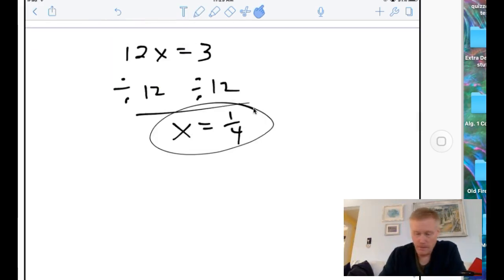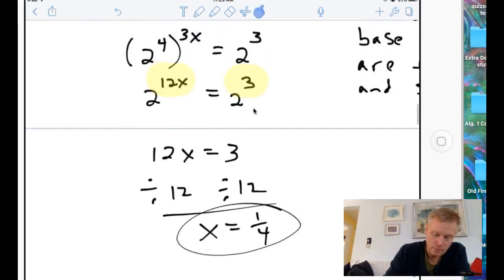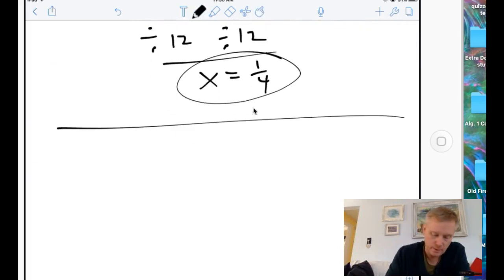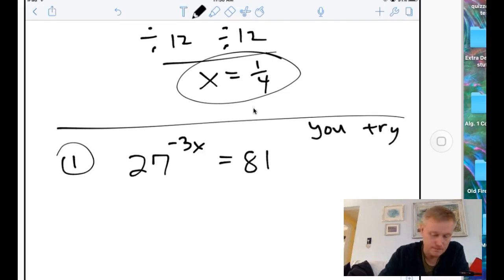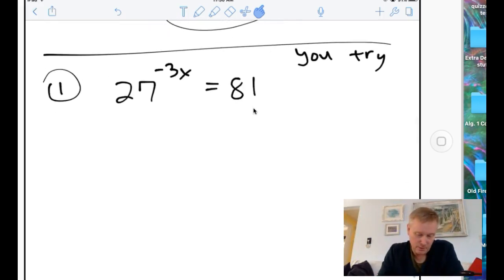All right. So maybe you should try one of these. So that was the 4 strategies. Put a line, problem 1. All right, 27 to the negative 3x equals 81. So why don't you try that? You can hit pause, and then I'm coming back to show you how to do it. I'm not hitting pause. All right, so